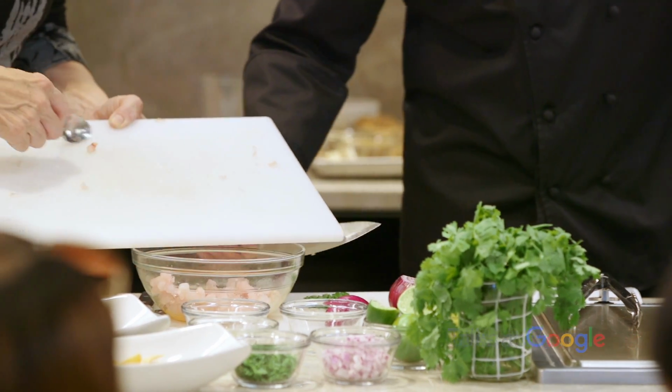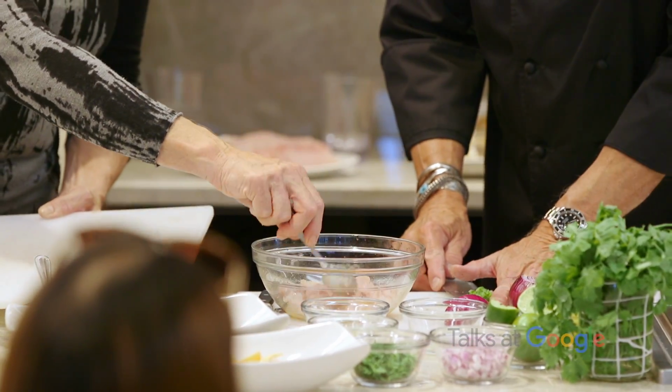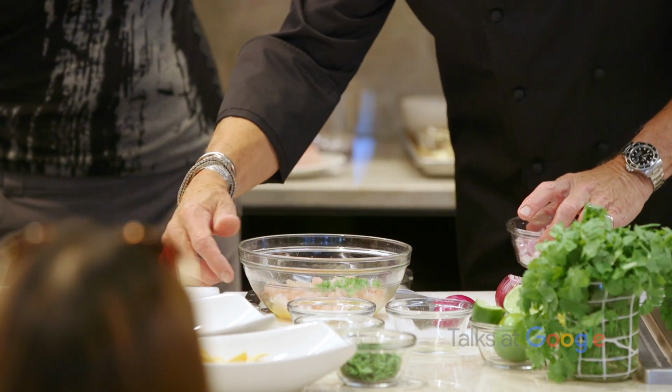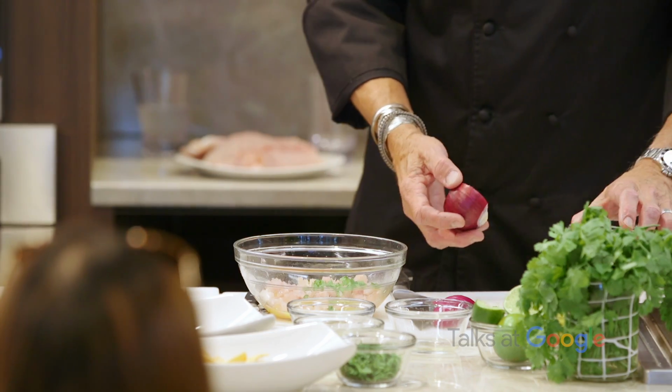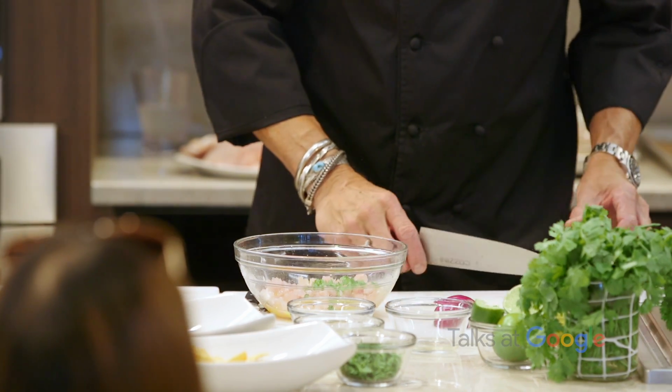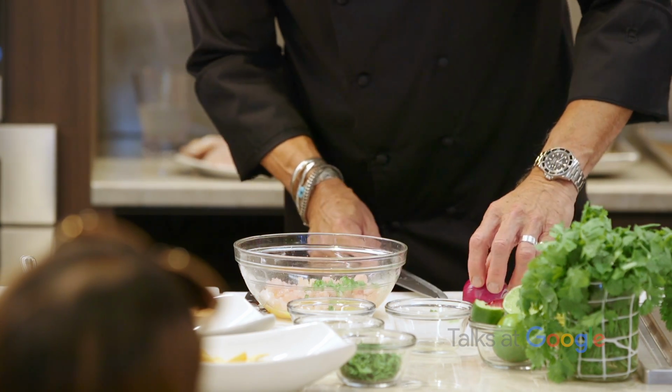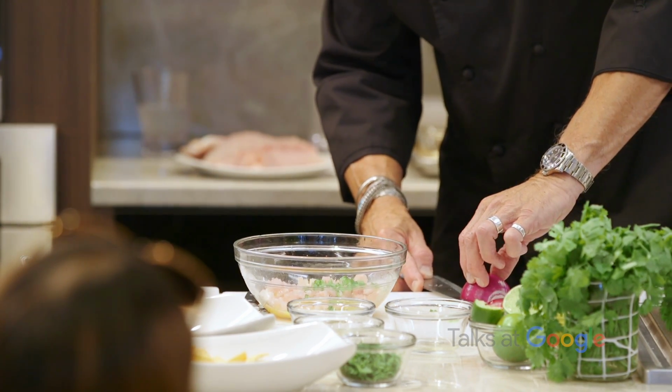So we're going to add the jalapeno, the red onion. We have some onions we already cut up. If you cut up an onion, it's pretty simple. Doesn't really take much. You can do a couple ways, but if you just come down